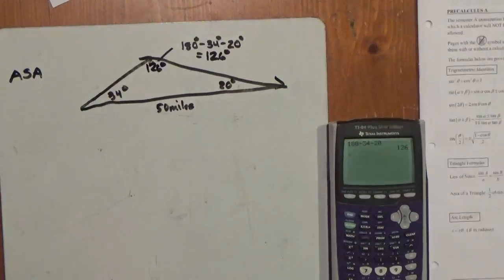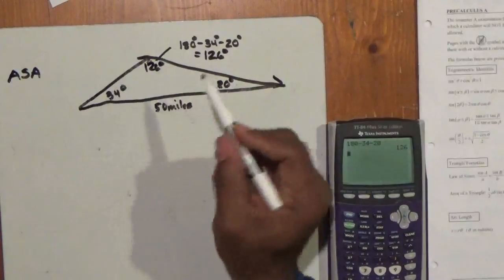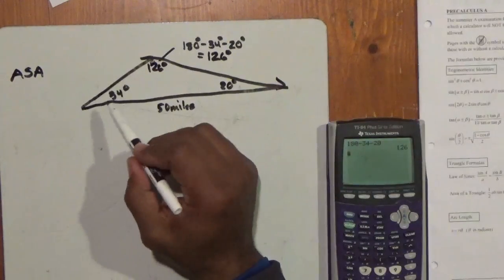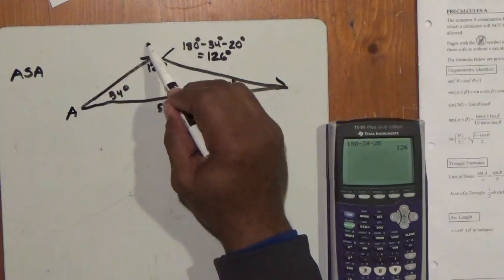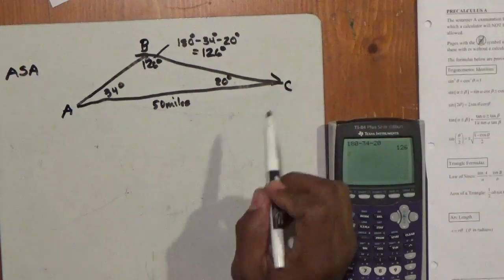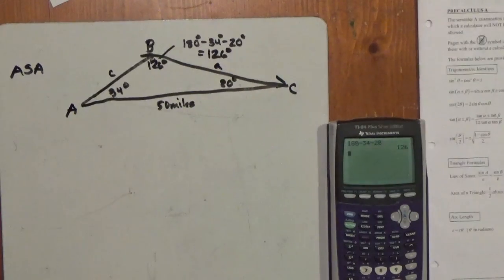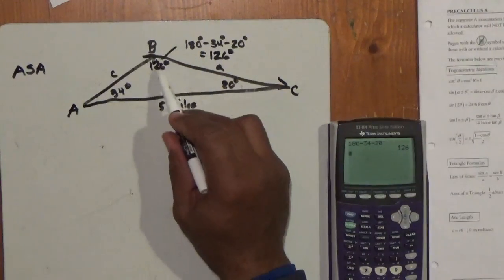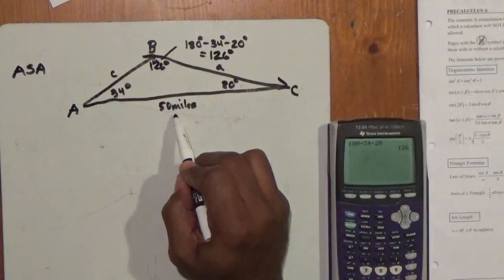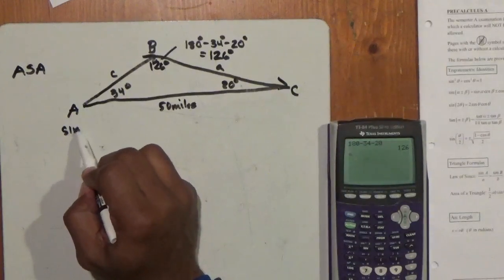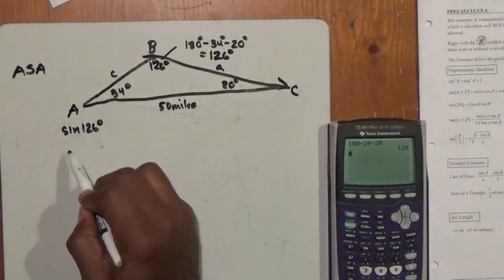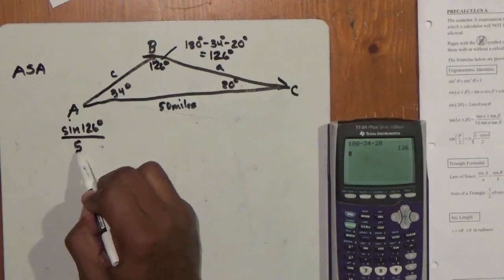Now from here, remember we're trying to find, for the sake of doing this problem, we're going to just label this ABC. So we're looking for small c and small a. Now, in this case, we have all the angles. Anytime you have all the angles, you can definitely use law of sines. So let's use law of sines. We know 126, and we know its opposite side. So we're going to say sine 126 degrees over 50